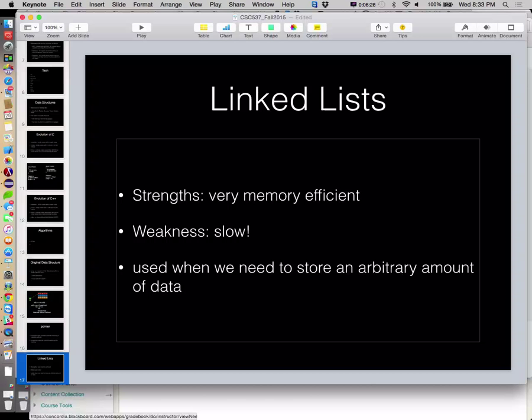The array version is when we know exactly what that house's footprint is going to be. We buy the exact plot of land to hold exactly what we need. That's an array. The linked list version in real life would be something like, we're going to start off with a house this big, but we're going to buy a plot of land that's this big so that we can expand as we see fit. But this idea of memory is kind of out the window now. So from our perspective, the rule of thumb is linked lists make sense if we don't know how much we're going to store. Arrays make sense if we do. So let's talk about linked lists then.